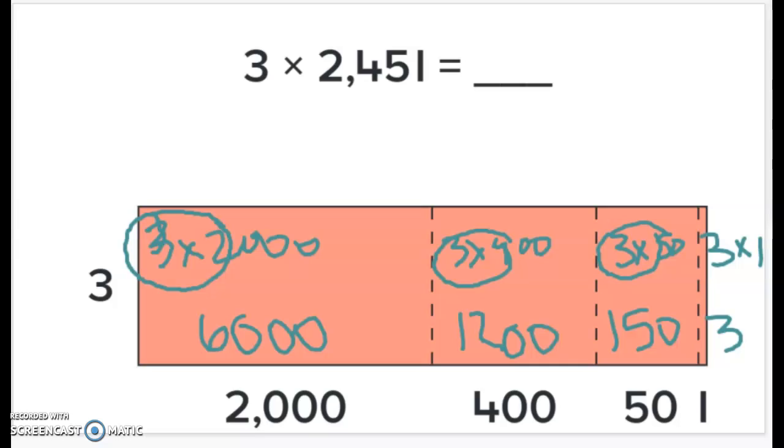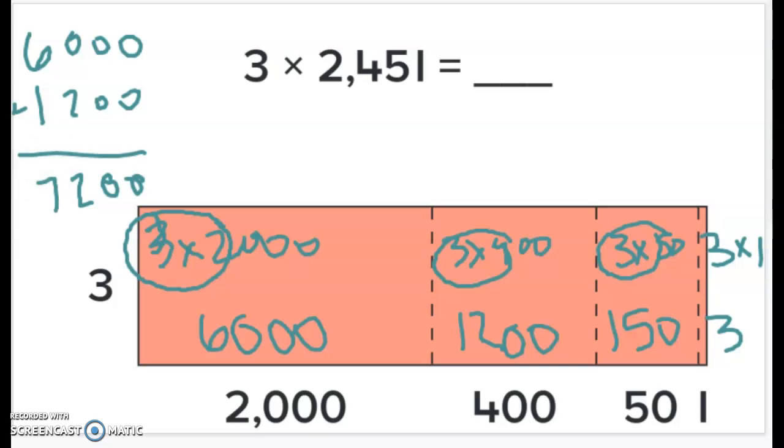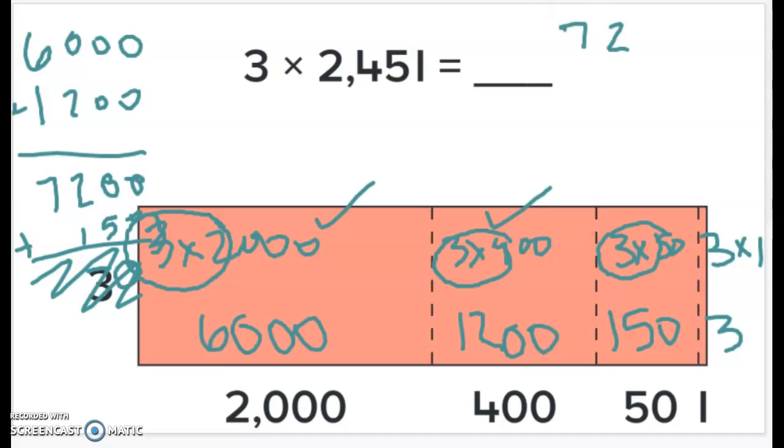Then all we have to do is add those together 2 at a time. So 6,000 plus 1,200: 0 plus 0 is 0, 0 plus 0 is 0, 0 plus 2 is 2, 6 plus 1 is 7. So I've got this one and that one. Now I need to add 150. I'm running out of space, so let's do it over here. So let's do 7,200